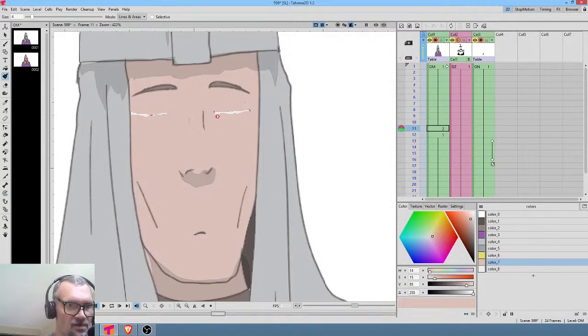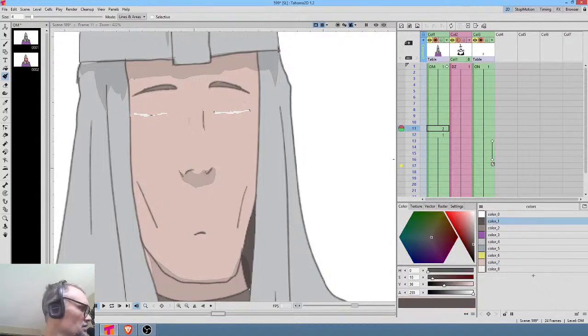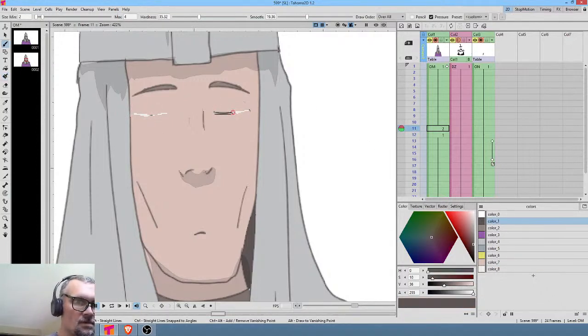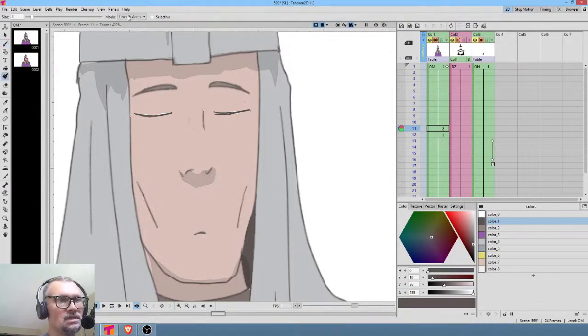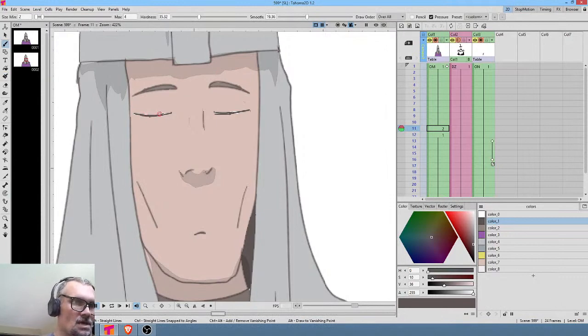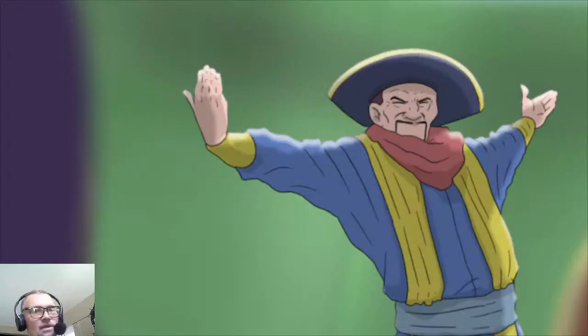I'm just using the Smart Raster Paint tool to essentially color over the stuff that was there before, which by the way is why it's in lines and areas mode, so it literally covers up everything. Alright, now if we go back and look at our shot,